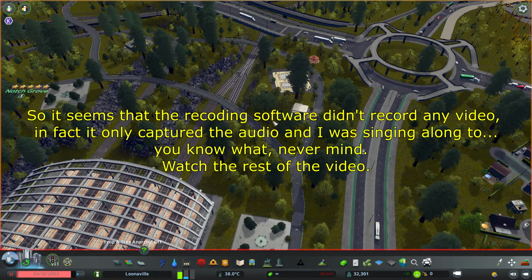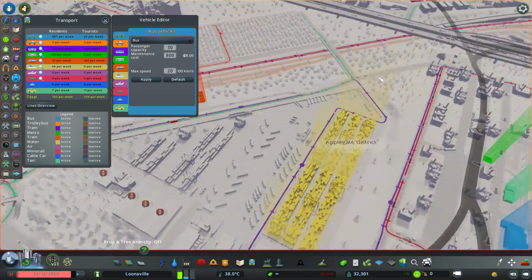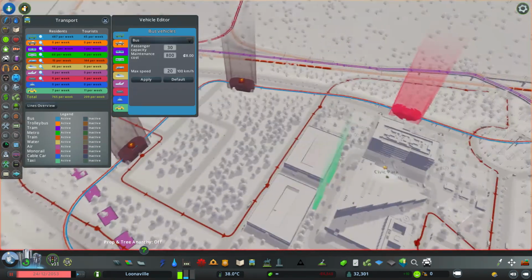Okay, well, after a whole bunch of messing around and breaking my game and all that stuff, we've got the two routes complete. So we've got number 1 and number 2. I've been struggling with some naming conventions, but we've got 2 lines. So we've got line number 1, which is essentially